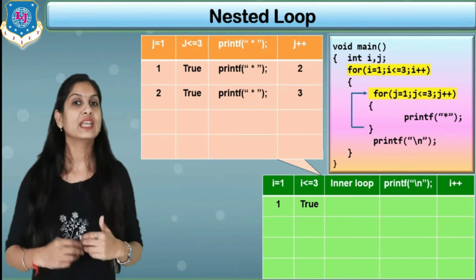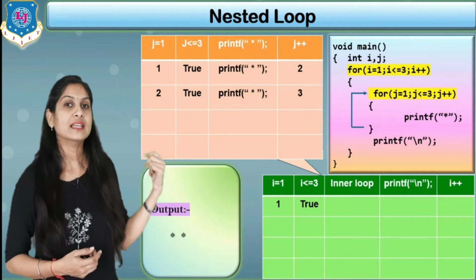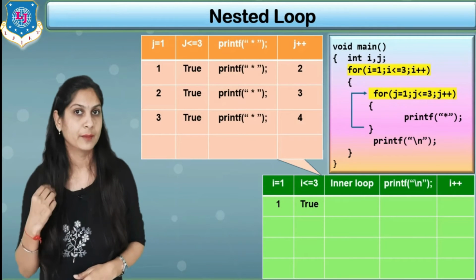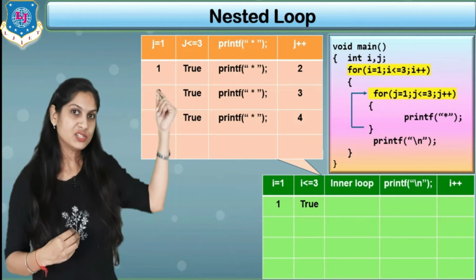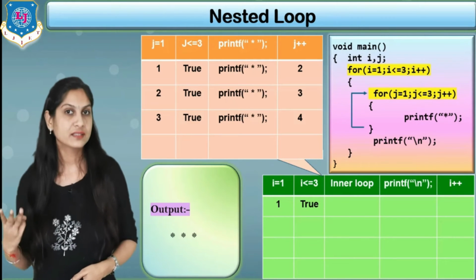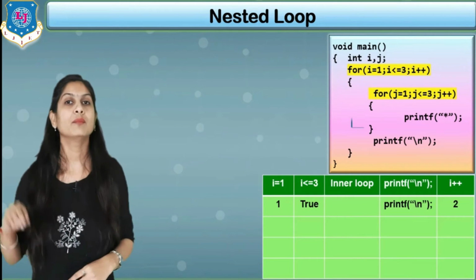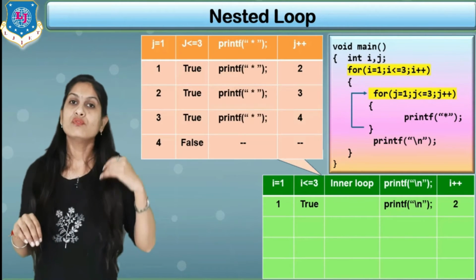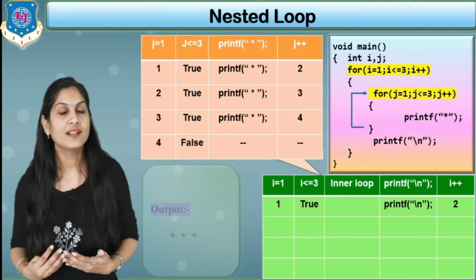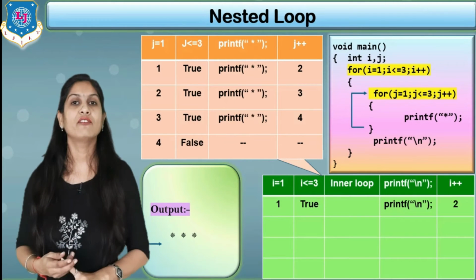So now 2 is less than or equal to 3, yes, again print the star in the second column, then j is incremented, that is 3. Now 3 equal to 3, our condition is true, again print the star in the third column and first row, then j is incremented, that is 4. Now 4 is less than or equal to 3, no, so our condition becomes false and the cursor moves to the statement